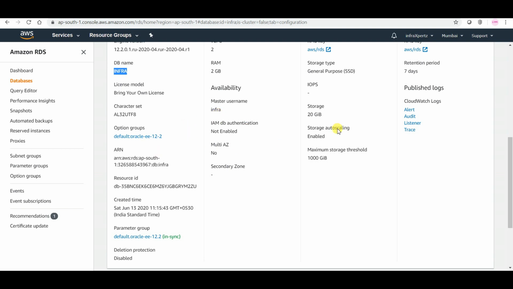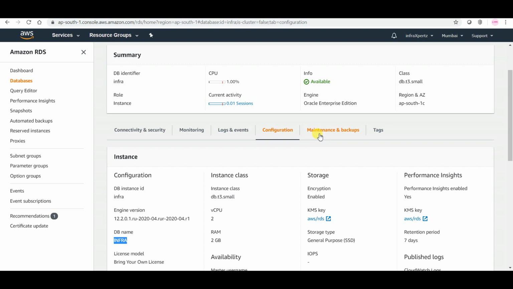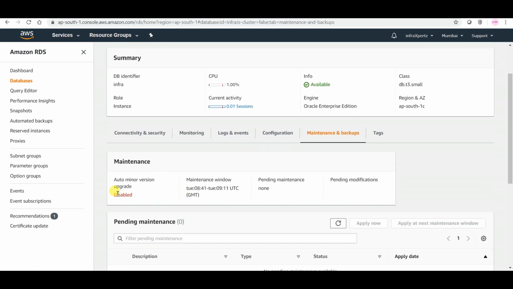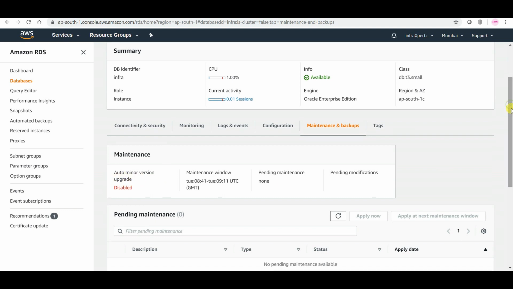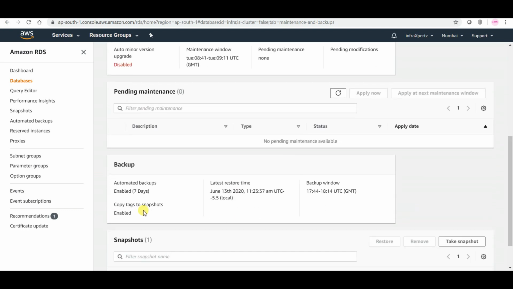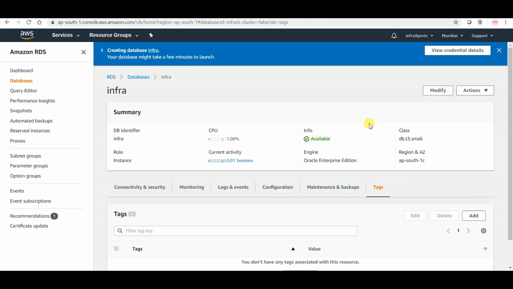Password won't be shown in here. The parameter group it is taking this. Maintenance and backups. Auto minor version upgrade is disabled. Automated backups have been enabled for my database, and this is a tag.